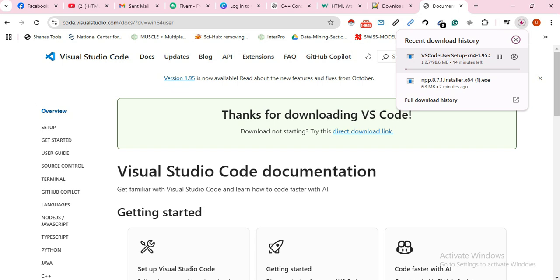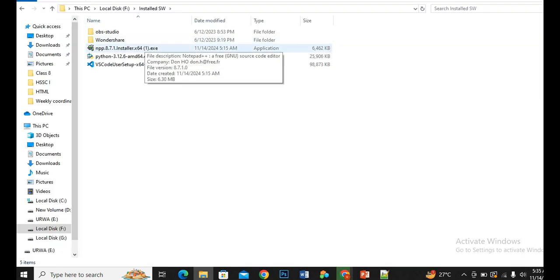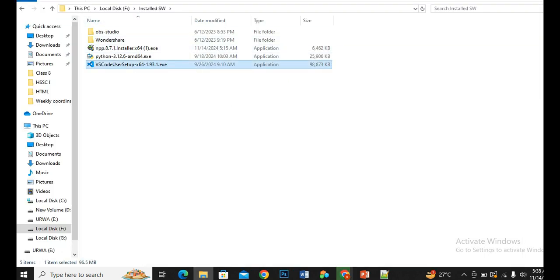Now wait for the Visual Studio Code. You can see here that your software is downloading. It will take a few minutes depending upon your net speed. Okay, now we have downloaded our software. Let's install it. Double click the software,